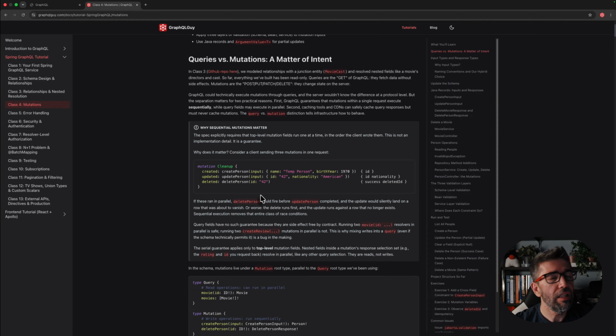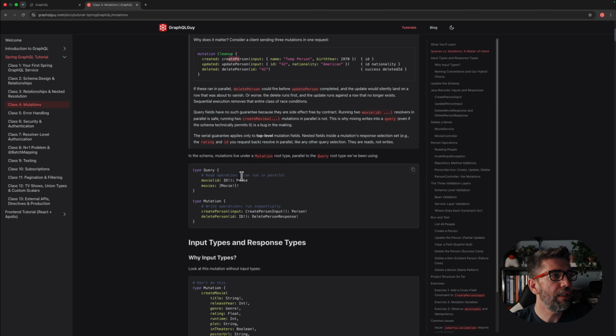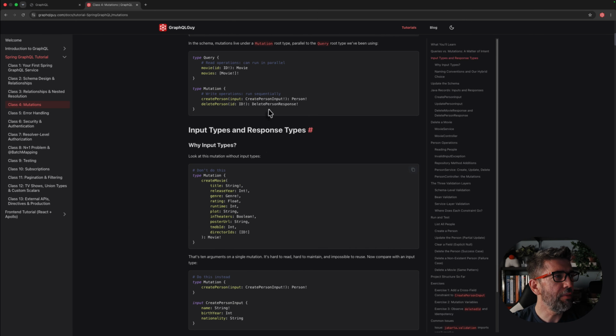And that's a big problem, because you can try to delete a person before creating it, and you'll get an error. Then after that, you'll create a person, depending on how you handle your errors. It's unpredictable, and we always want to avoid that. And everything else, you can follow here, but